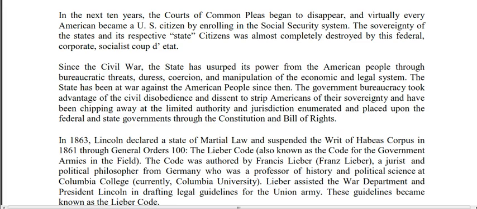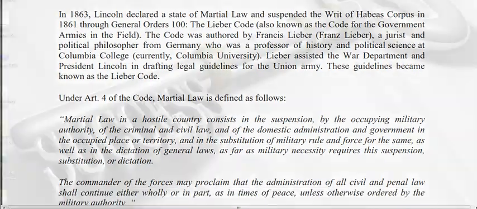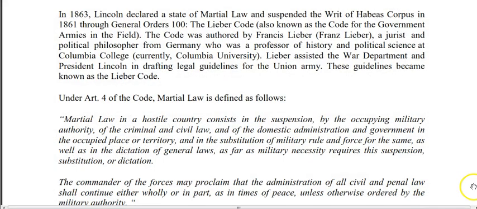The state has been at war against the American people since then. The government bureaucracy took advantage of the civil disobedience and dissent to strip Americans of their sovereignty, and have been chipping away at the limited authority and jurisdiction enumerated and placed upon the federal and state governments through the Constitution and Bill of Rights. In 1863, Lincoln declared a state of martial law and suspended the writ of habeas corpus